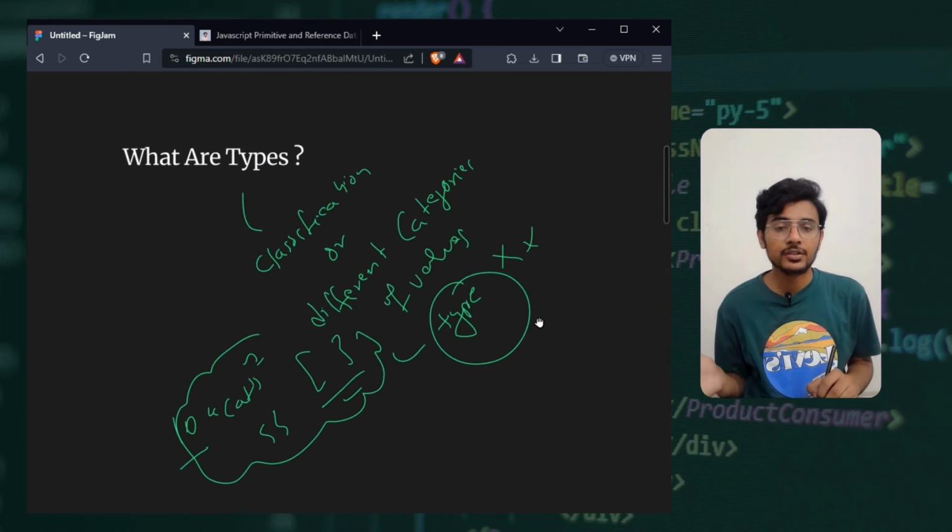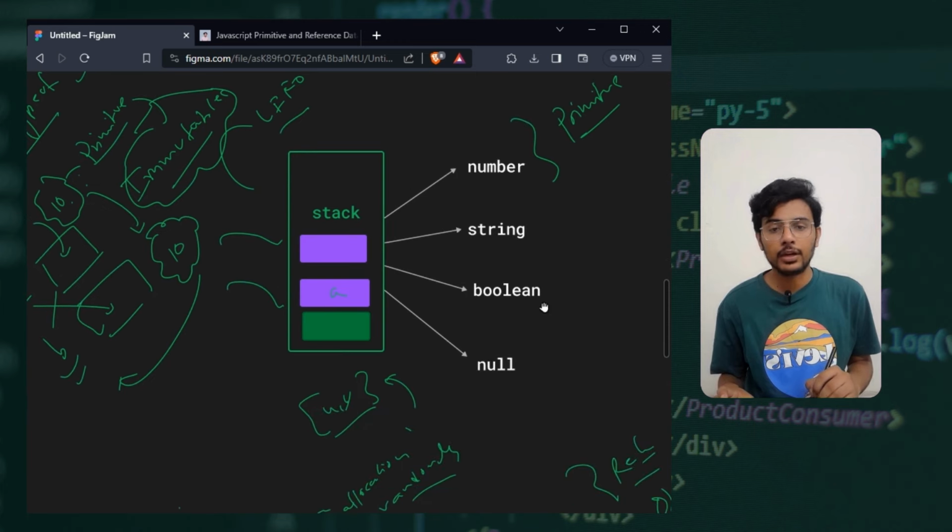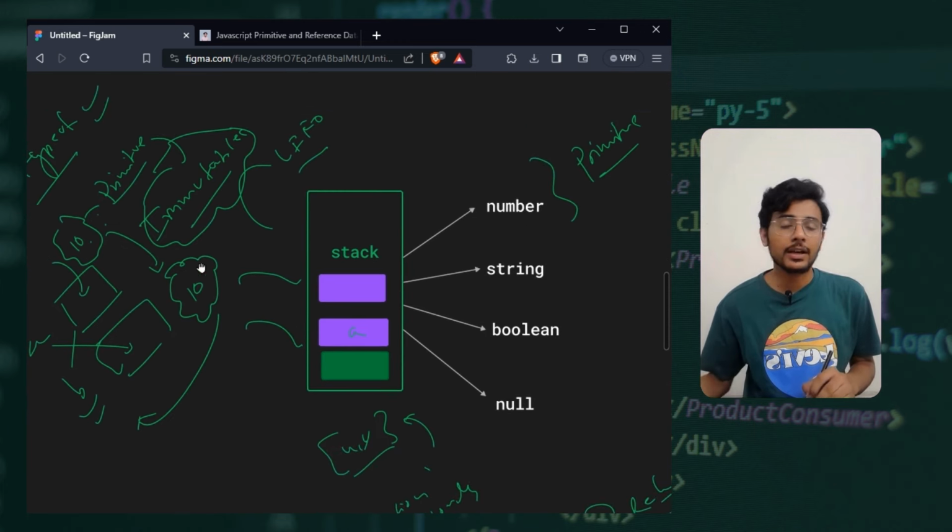Obviously JavaScript doesn't provide types information because JavaScript is a dynamically typed language. We'll learn about what types are and how they are useful if we identify them. Then we'll talk about primitive types and how we can identify them, and how they are stored in memory, along with